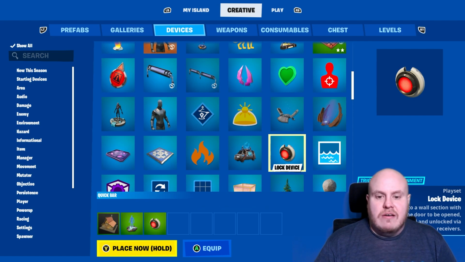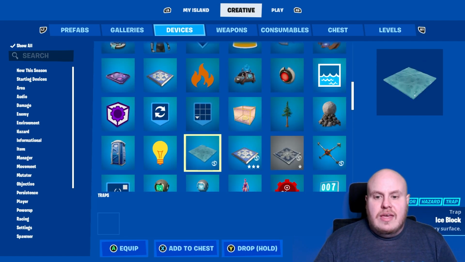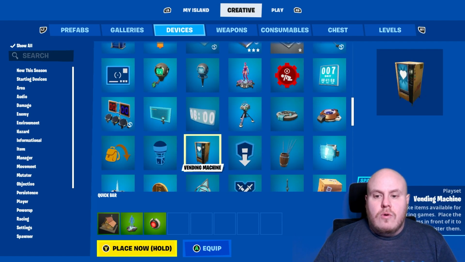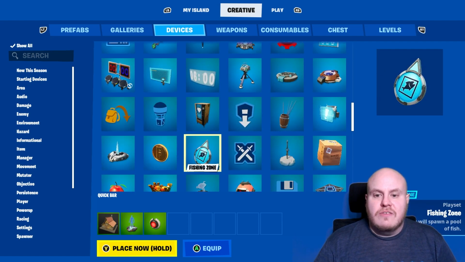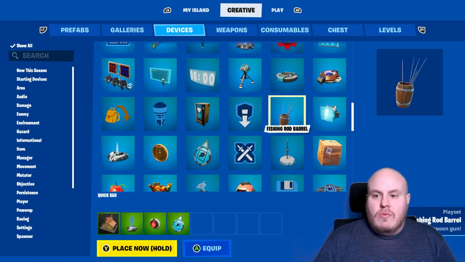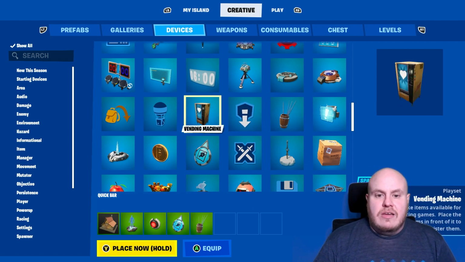We're going to put that on down, and then I need to find the water tool, the fishing tool. There's the fishing zone. So we're going to add a fishing zone on there. That creates an area where you can go fishing. And then we want to add a fishing rod barrel on Y, because that's how you get people the ability